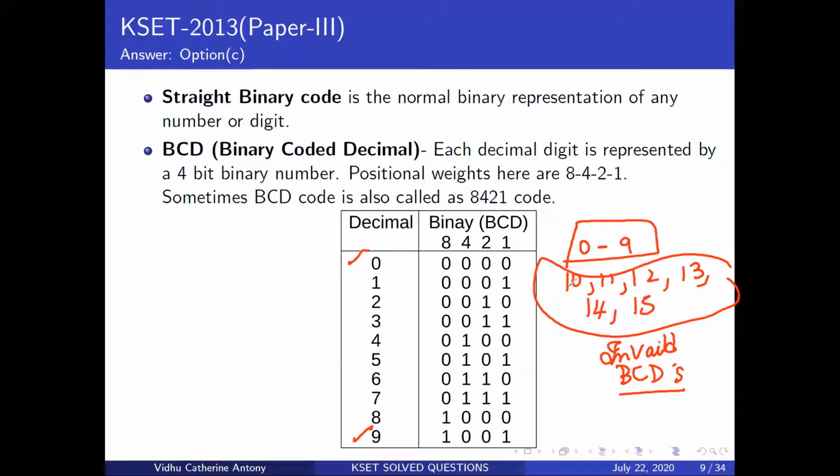Because if you look at them, you will realize, if I write 0 and 1, you're supposed to be splitting it up and writing it in terms of 4 bits. So you end up having 0, 0, 0, 1, and here you end up having 0, 0, 0, 0. So this is how you convert from decimal to binary coded decimal. Now let's go to the next thing.